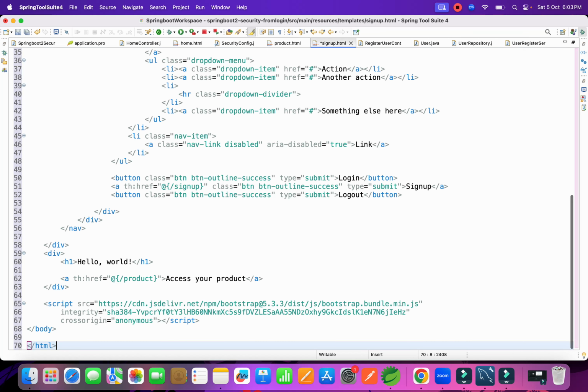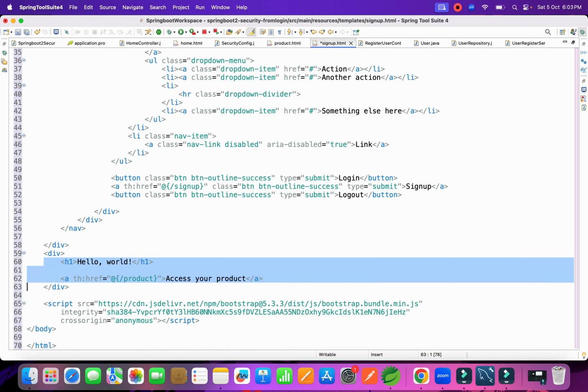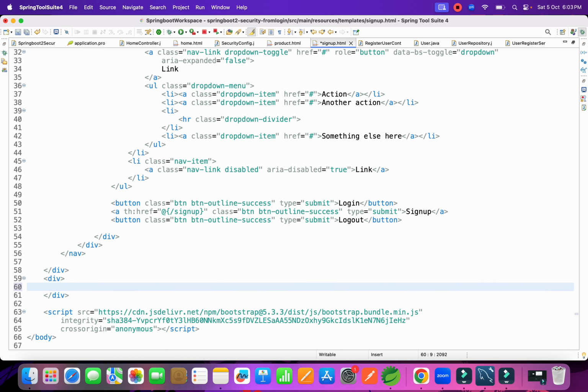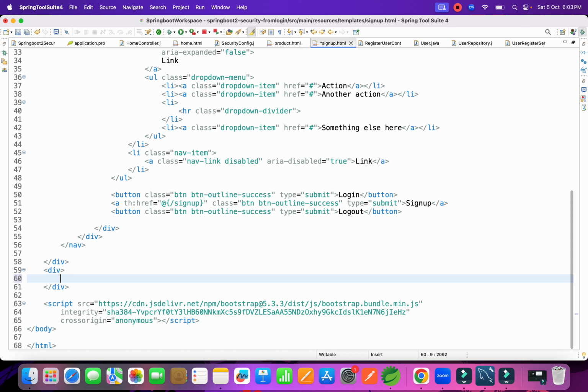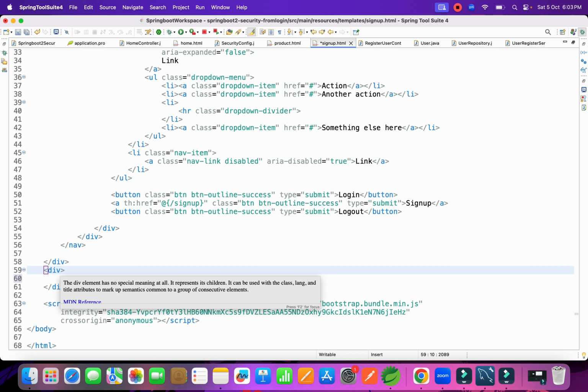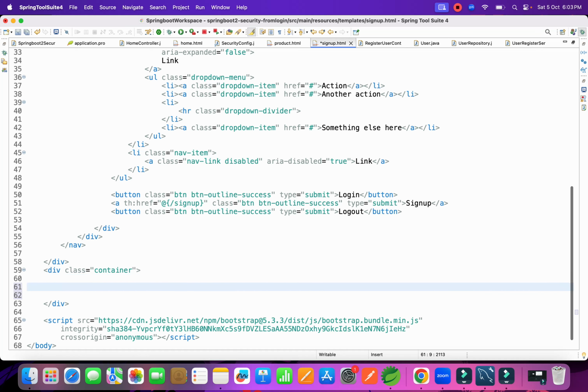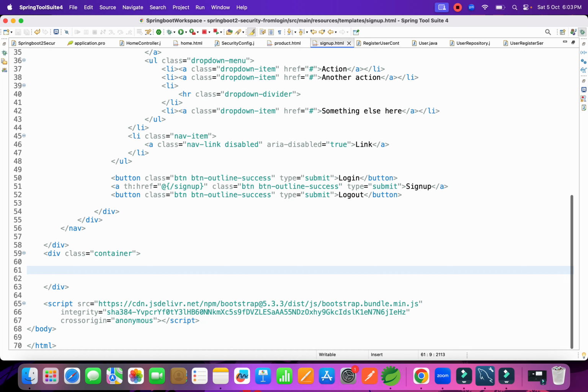Okay, and then what we can do is create one div, and the div we have already created, right? So in that div I'm going to write all those codes. Okay, and we can create the forms and write those containers, each and everything. So we have a class container, and inside this we can create some forms. So forms we can easily create from our